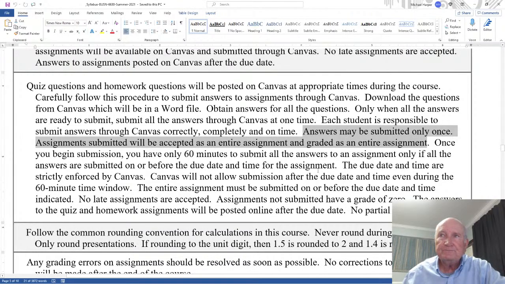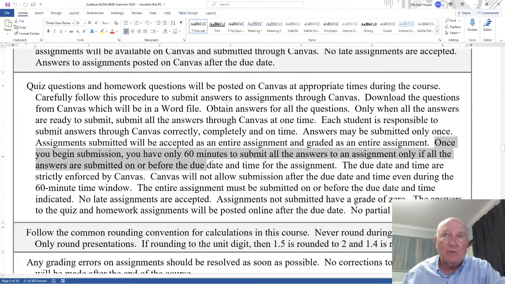Once you begin submission, you have only 60 minutes to submit all the answers to an assignment, only if all the answers are submitted on or before the due date and time for the assignment. In other words, you open it up, you only have 60 minutes. Well, people take maybe 2 minutes to do it. So 60 minutes is more than enough time. But during that time, you need to submit all of them